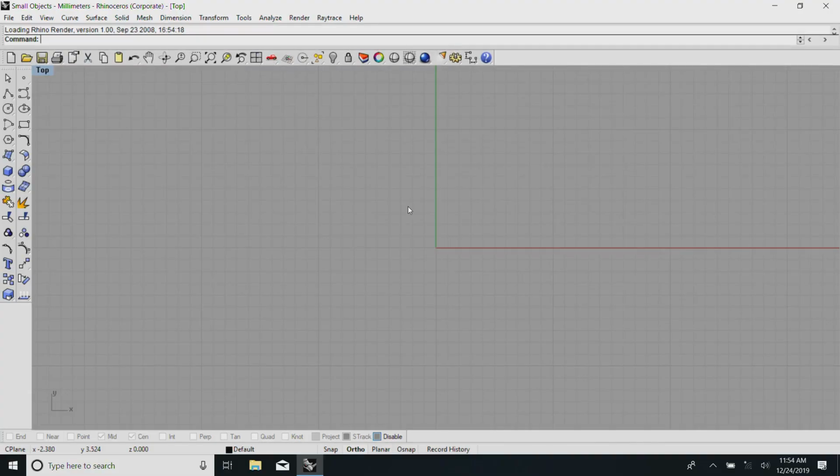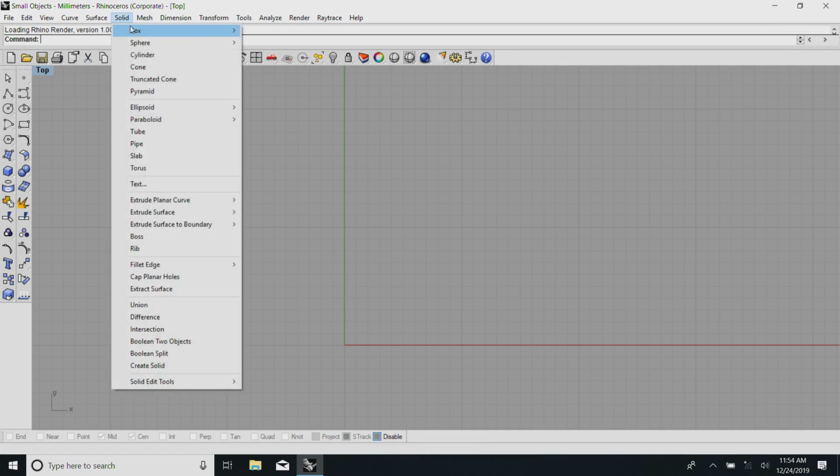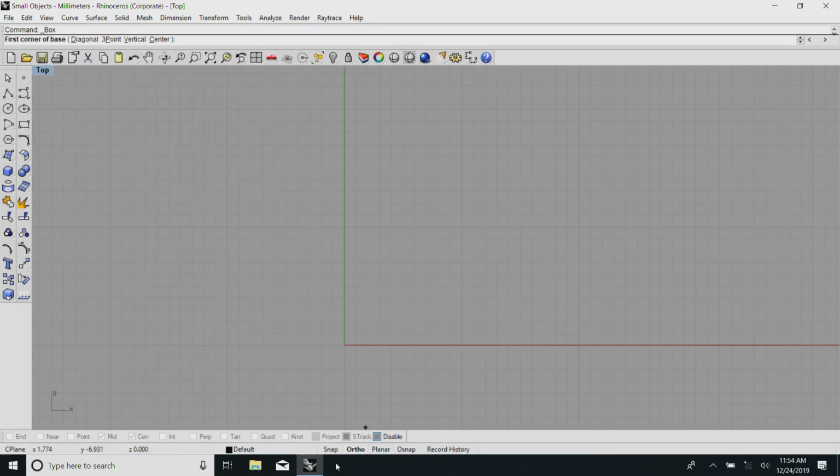So, now I will try to see if I can model it here. I am starting with the top view, and there are several ways of doing it. One of them is I can start directly with a solid, because it is a solid modeler.